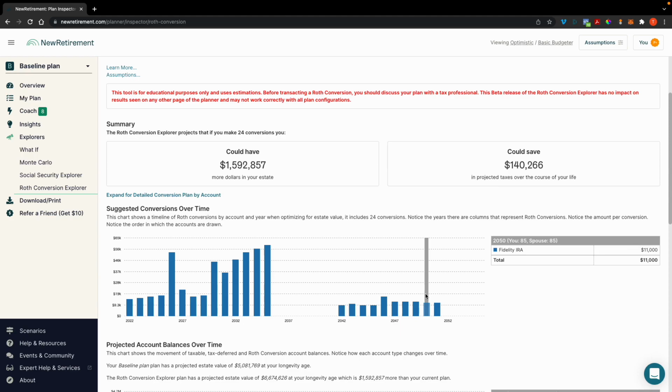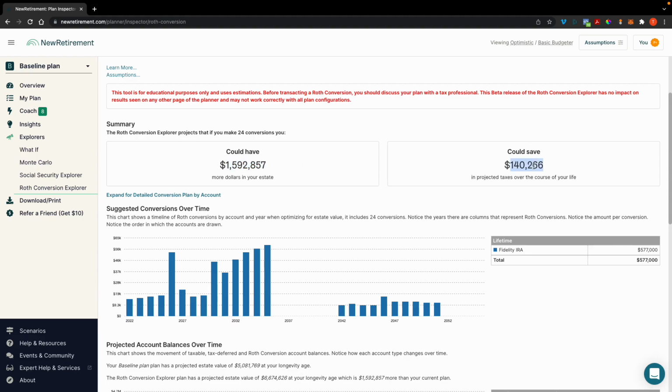It's not the end-all be-all, but odds are there isn't much value to you if this isn't telling you that you're going to have a substantial amount more in your estate. And substantial amount could mean different things for different people. I'll leave that up to you.